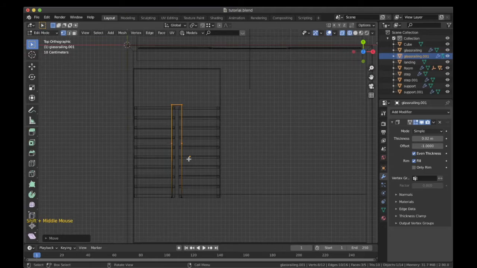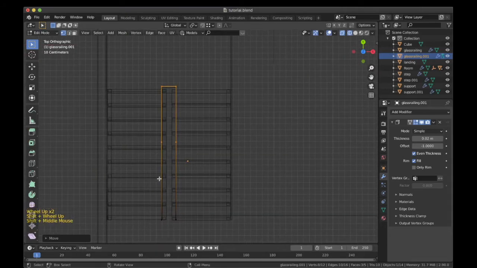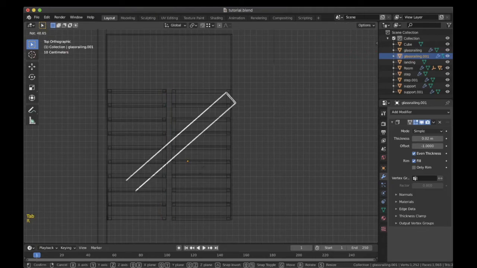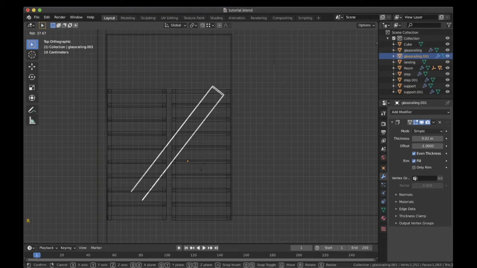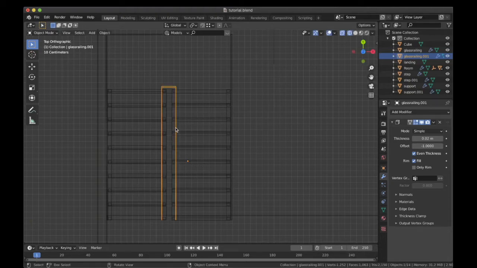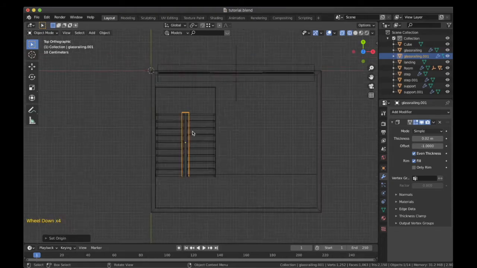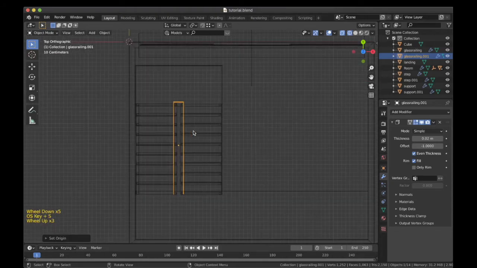Now over here you can see that this dot over here, what does it depict? It depicts that this is the origin of the geometry. So anytime you are rotating or scaling an object, it will refer to that point. Now usually you can set it within the geometry. To do that, you right click when the object is selected and then set origin to geometry.